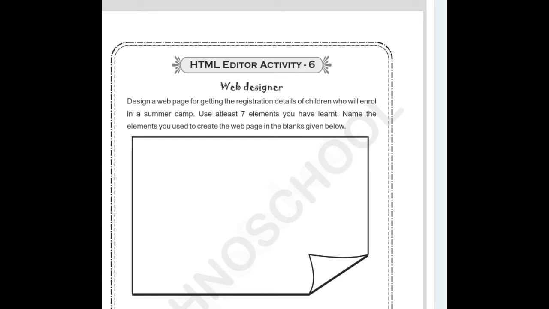Or refer in Google just a registration web page. You will get more images. Go through the web pages. What are the text fields and labels in the registration web page? Just collect a few more web pages. You can copy, or you can add some items. If you missed something in your web page, you can add it. So ask Google's help. You can create a web page.